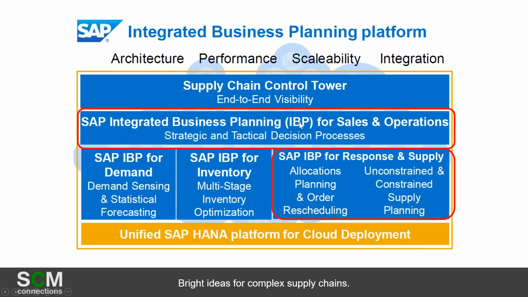Perfect. All right. So today what we're going to look at is the SNOP and specifically the response and supply portion of IBP. So we're going to take a look at some of the consensus demand values that are coming in from your demand forecasting and see how that pairs up with the capabilities of your supply chain, especially in some of these rare circumstances that we're seeing right now with the coronavirus and the demand on PPE in particular.